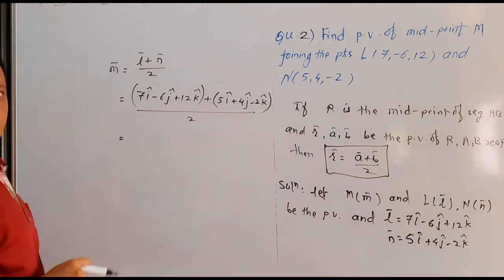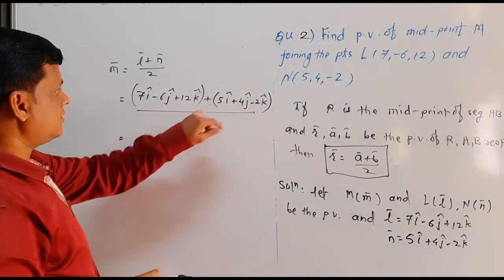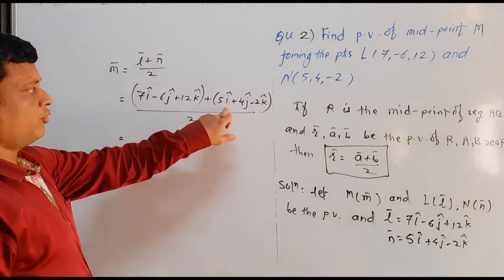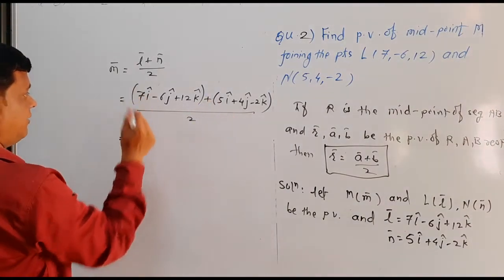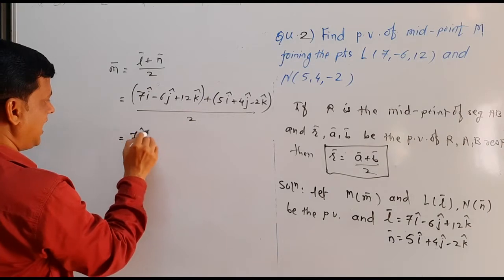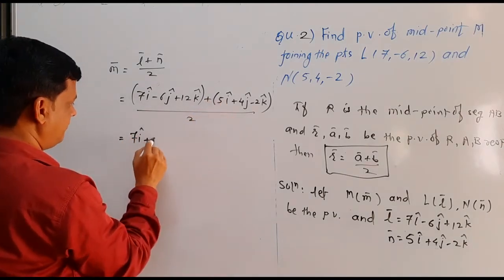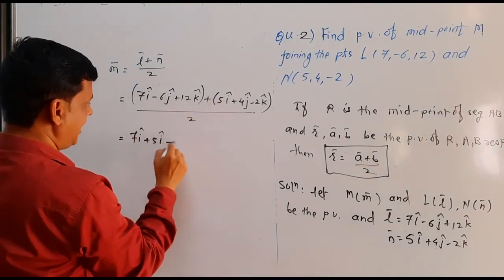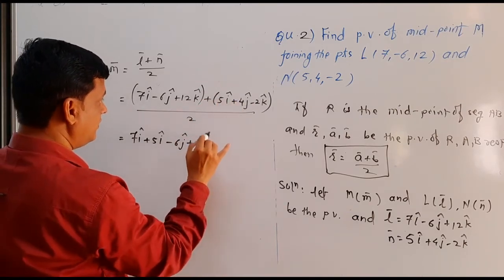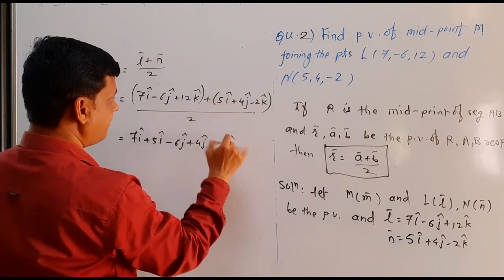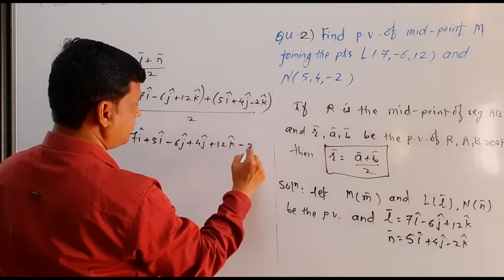Now add the like terms, because the sign before the bracket is positive, so we can directly remove the bracket. 7i plus 5i, minus 6j plus 4j, plus 12k plus minus 2k